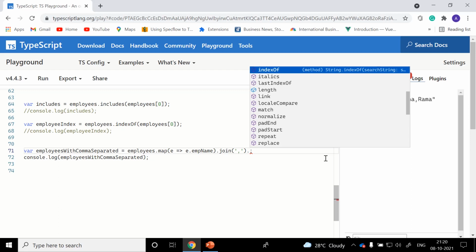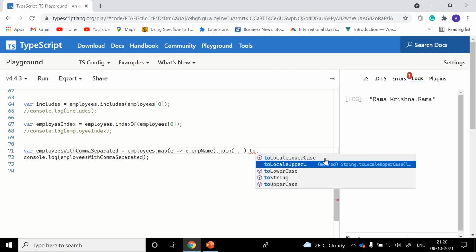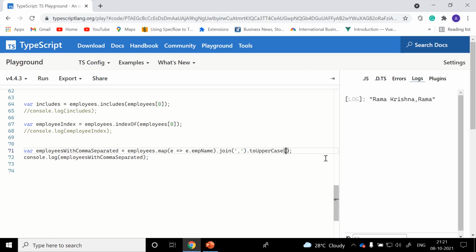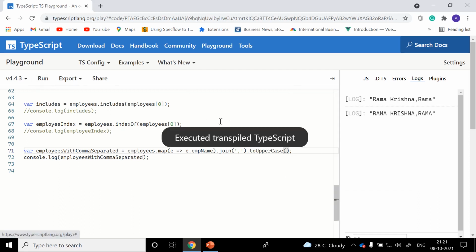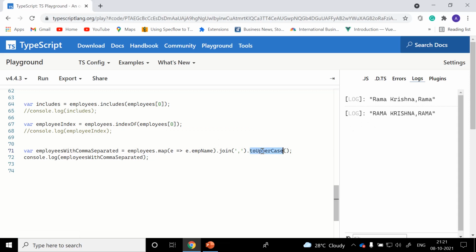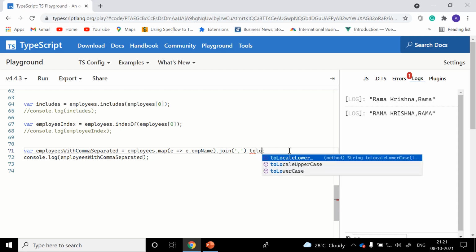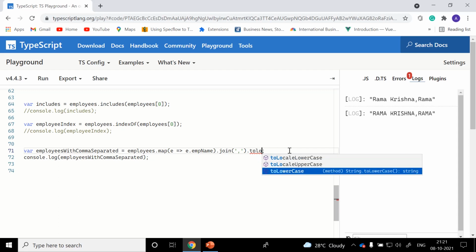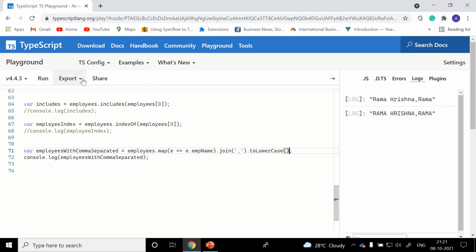If you want to change the case, for example toLowerCase, toUpperCase, there are so many extension methods that are part of string. Likewise, there are so many important extension methods present for the string as well.